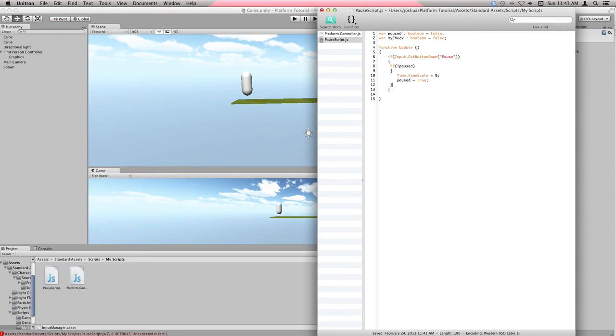And then close that off and say else. Open this up. Time.timeScale is equal to 1, and paused has to be equal to false. So what we just did here is if it's not paused, make it paused, and if it is paused, make it not paused. So let's just save this,